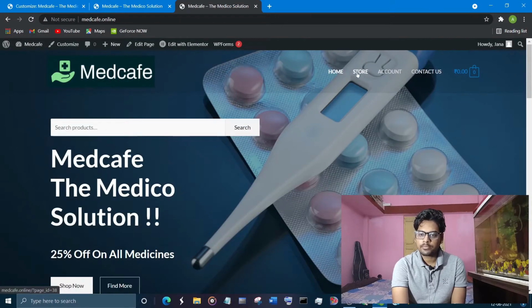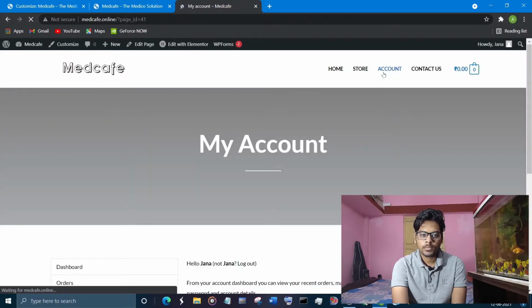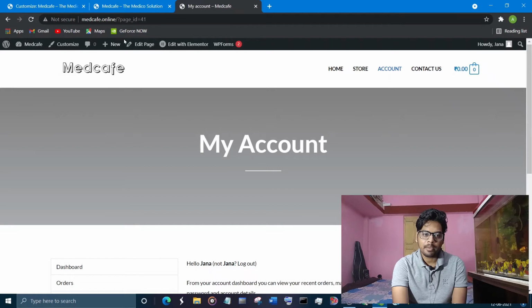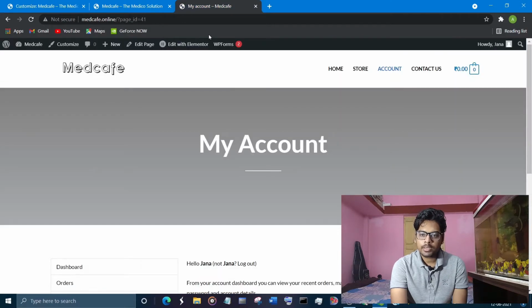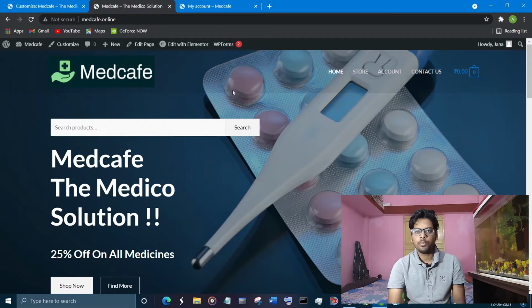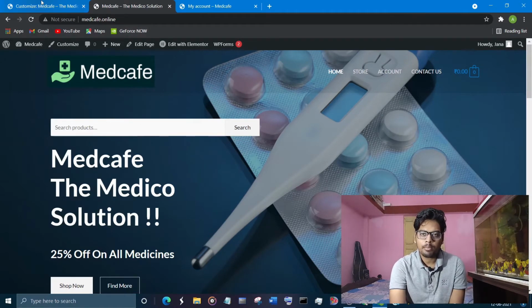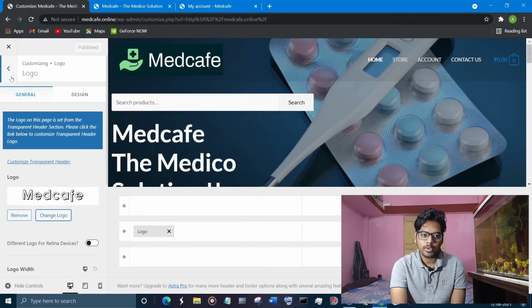If you go to another page, suppose I go to Account, here you can see the logo is appearing. So if you upload the logo here, the logo will appear on the other pages of the website, but not the home page, because most home pages are transparent, so you have to upload a logo in a different place to show on your home page.